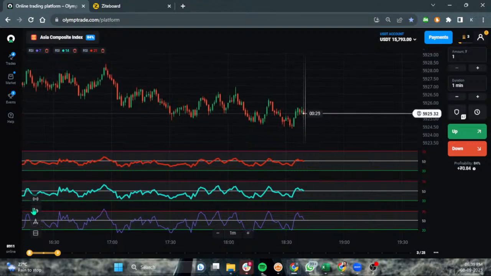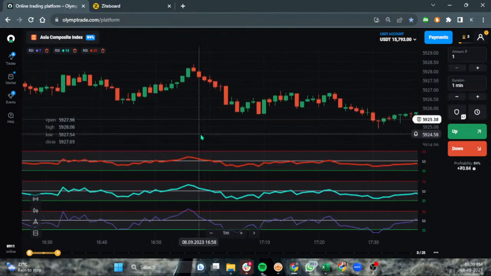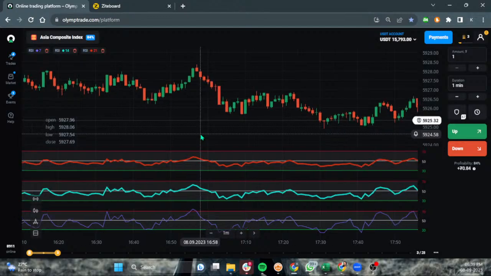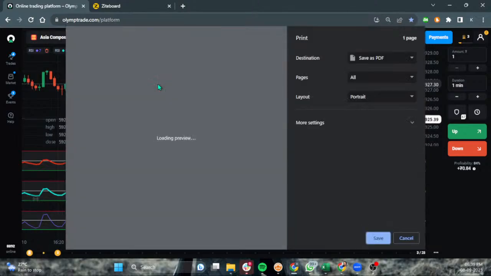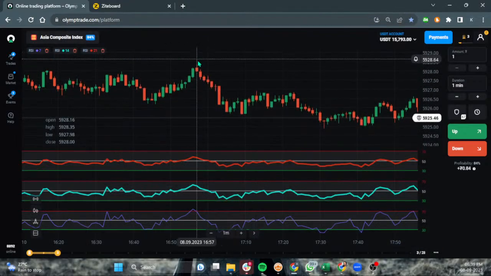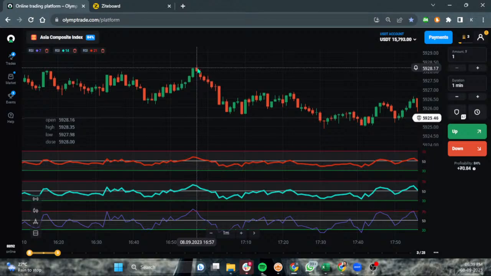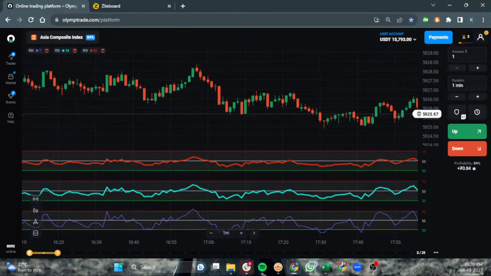So let me zoom in, let's say at this point. Okay, so we are here, in this location. So here, if you see right now what is happening, the RSI 7 actually crossed the 70 mark. It means it's the overbought condition. So it is a good signal for us. So if we open a trade over here, we can have great profitability in a downward direction